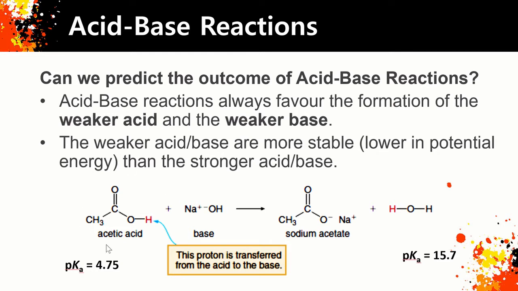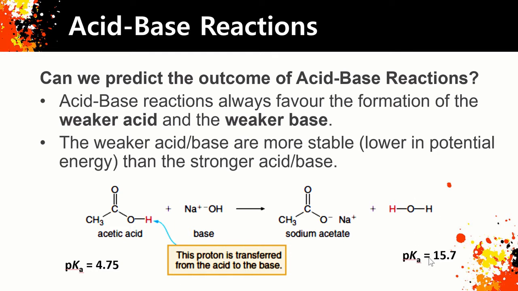So let's look at this equation here for a second. We have acetic acid with a pKa of 4.75. We have a very strong base here. And just to point out that this proton is transferred from the acid to the base. And based on that reaction, we have sodium acetate forming. So clearly the hydrogen is liberated, and this hydroxide ion abstracts our proton, and we end up with sodium acetate,